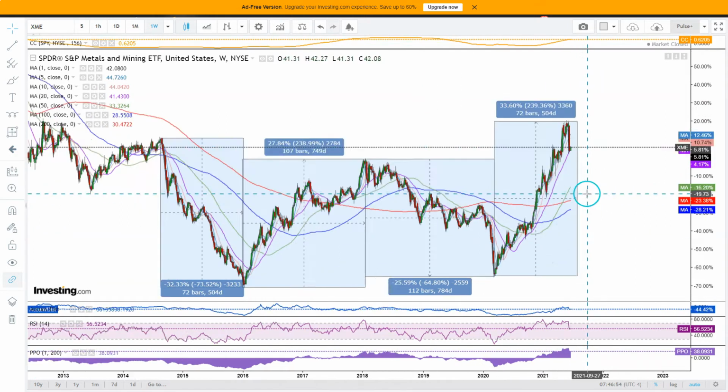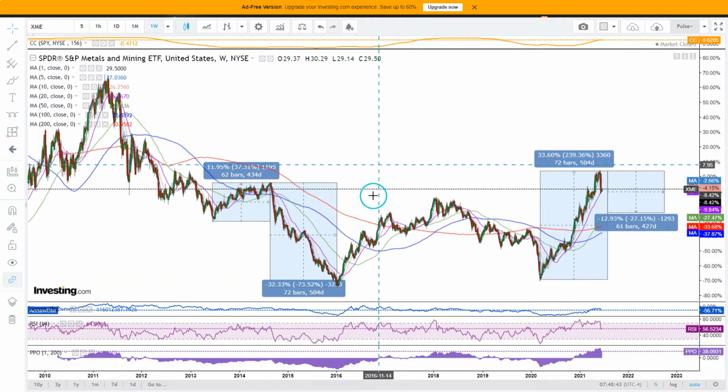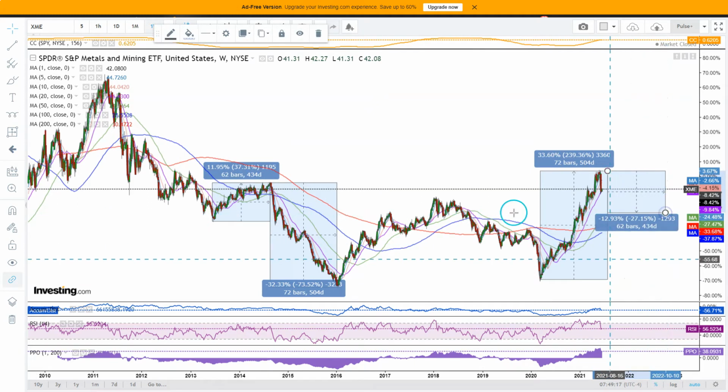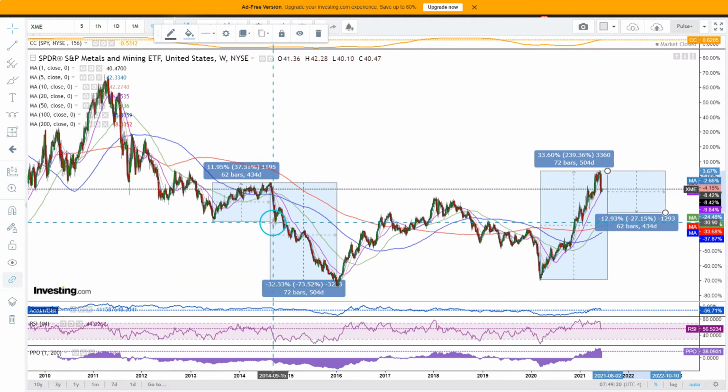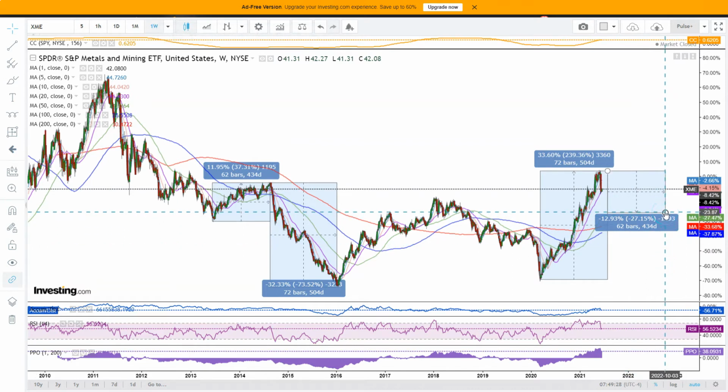Given that we are in the very late part of this major rally, let's assume that similar to how we have this mirror effect here, we did have this rally leading up to this pullback. If the mirror effect is going to continue, then we could have a pullback here that mirrors this rally. So this was around 434 days. We could project this one to 434 days as well. From this peak to this low, that was minus 27-ish%. I've measured in minus 27-ish% here, and that gets us to